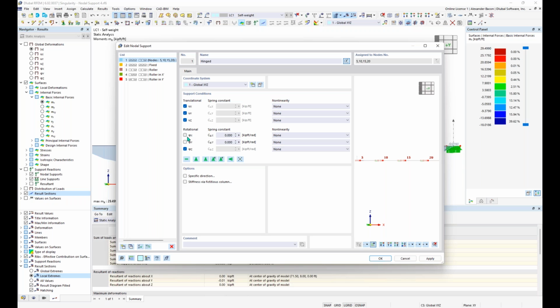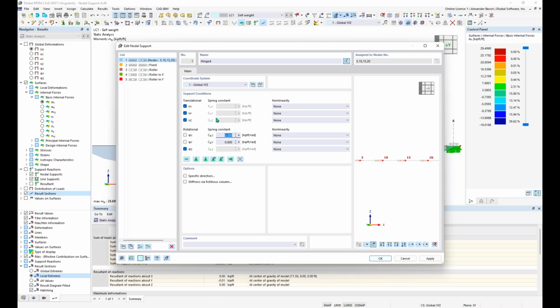Phi Y and Phi X are fully released. But when you fully release something, you can add in a spring constant, so it's semi-rigid based on the spring constant you have added in here. So when I say to make something less rigid,